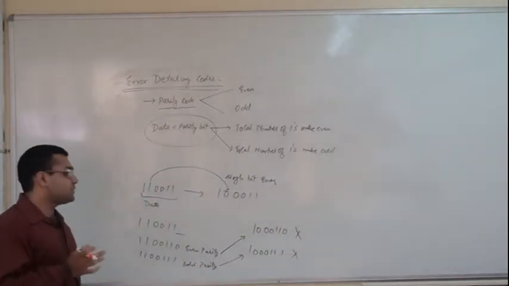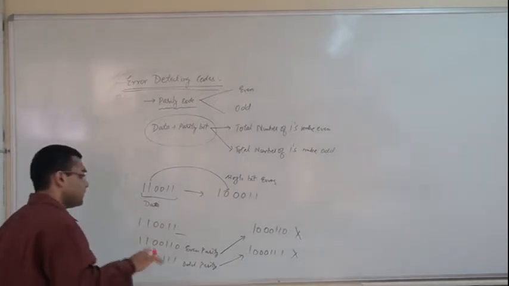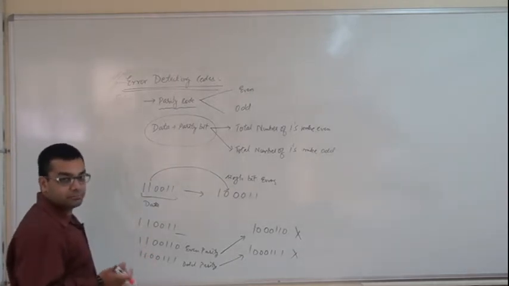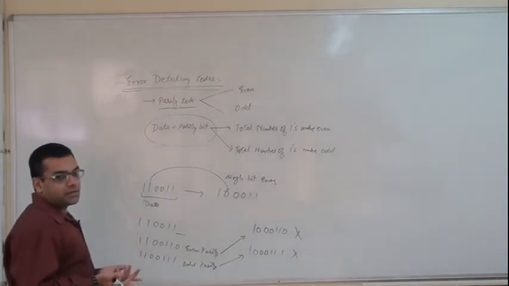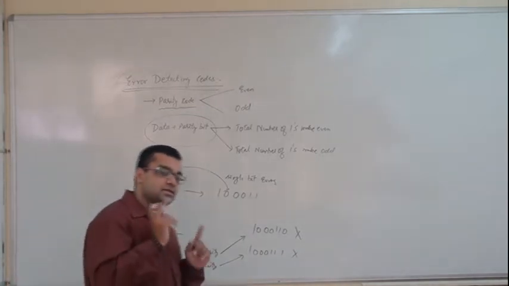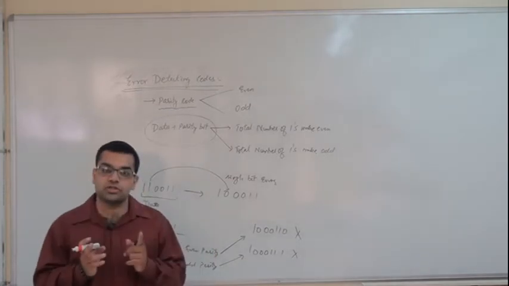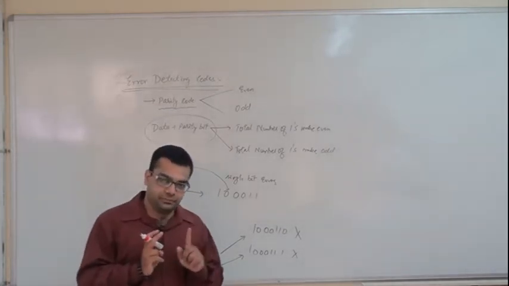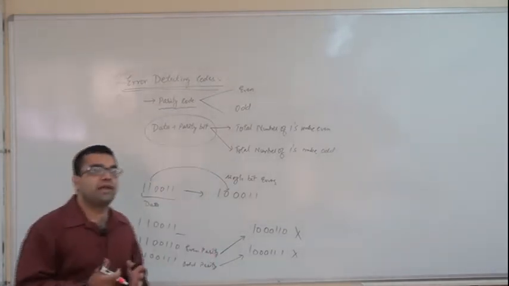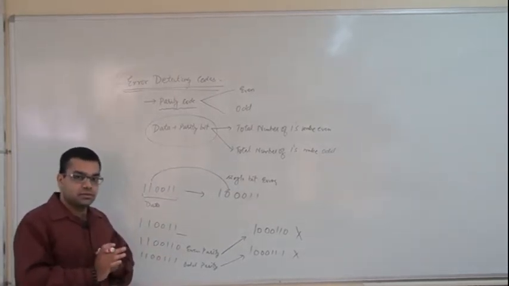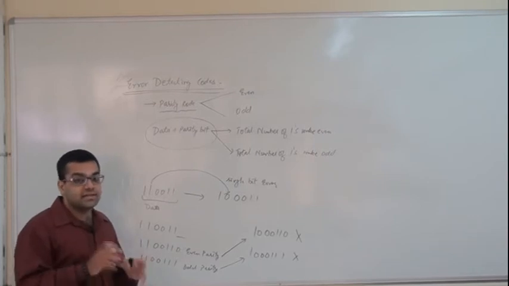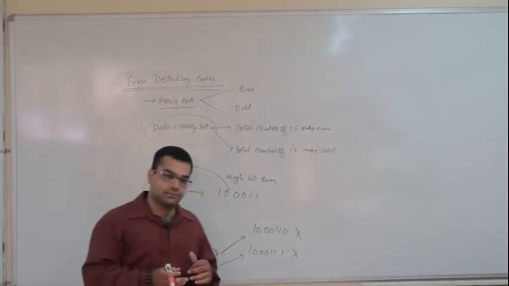Now another common problem is, what happens if 2 bits got flipped or 3 bits got flipped? Then it cannot be detected, because parity is a code that can detect at most 1 bit error, or rather, putting it frankly, it can detect an odd number of errors, and that too it cannot identify exactly which place the error has occurred.